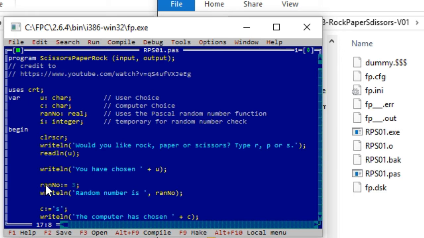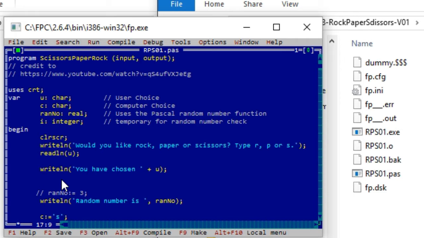Let's get rid of this random number for a moment. Let's set random number and put in the function, so random number will really be random. RANNO is equal to random, and I want to pick a random number between 0 and 3. So hopefully that should just give us,